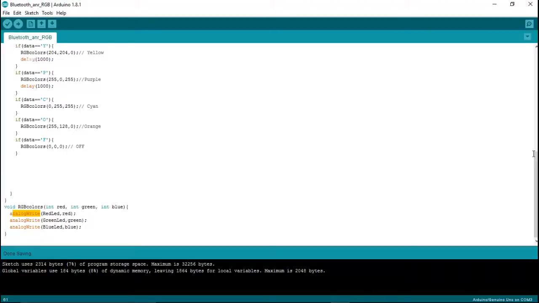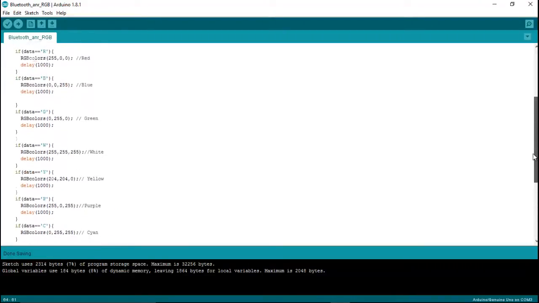As you know, the RGB LED can use analogWrite or digitalWrite, but for this practice, since we need accurate values, I use analogWrite, because with analogWrite you can use more values than with digitalWrite, which is only on or off. So let's see. This void function